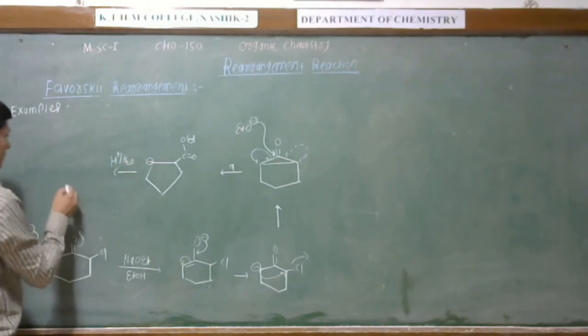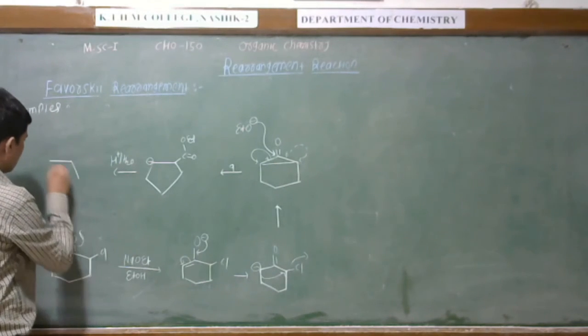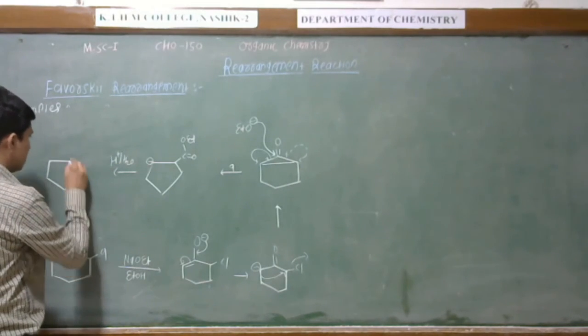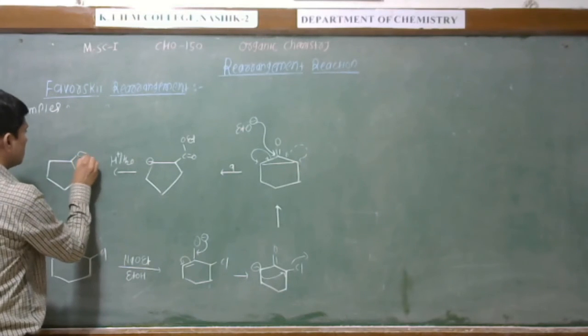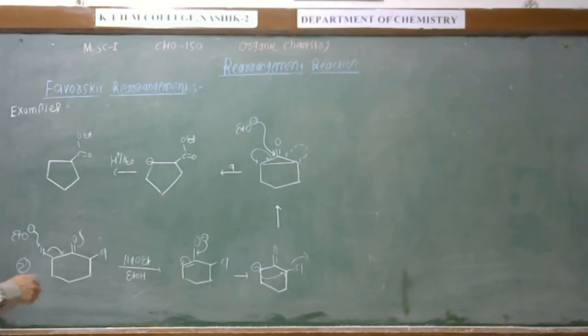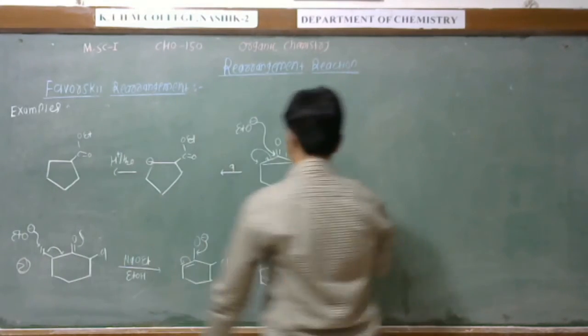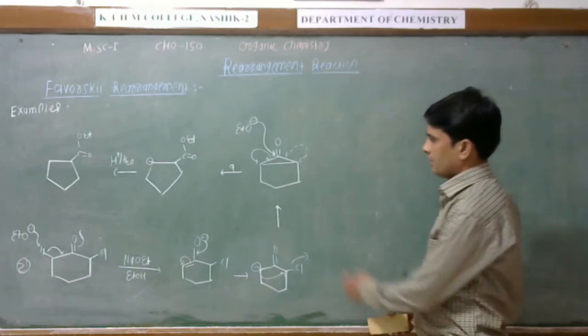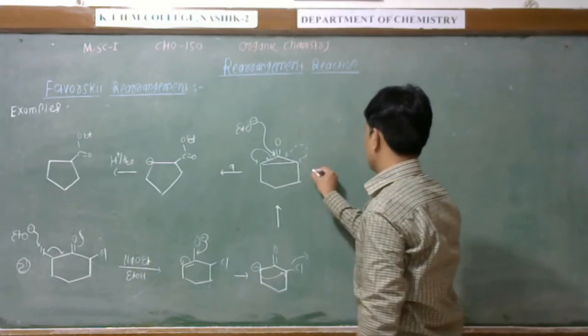So there is a formation of such a type of compound. This is C double bond O, and this is OEt. Now, after breaking of this B bond,